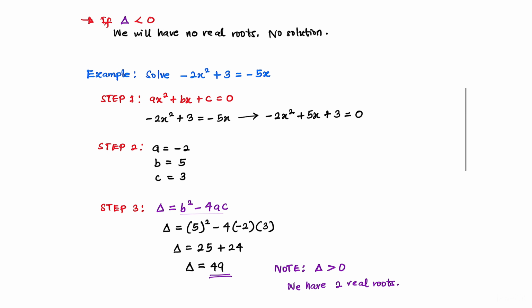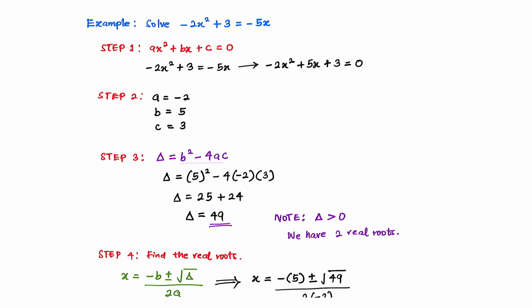A quick recap of what we did. The question says solve minus 2x squared plus 3 equals minus 5x. So the first step involves writing the equation in the standard form. So we have to make sure the equation looks like ax squared plus bx plus c equals 0. That will help us correctly determine the value of a, b, and c. Because correctly determining the value of a, b, and c is important for us to be able to find the